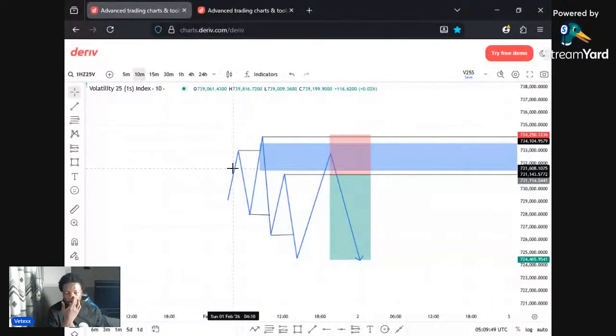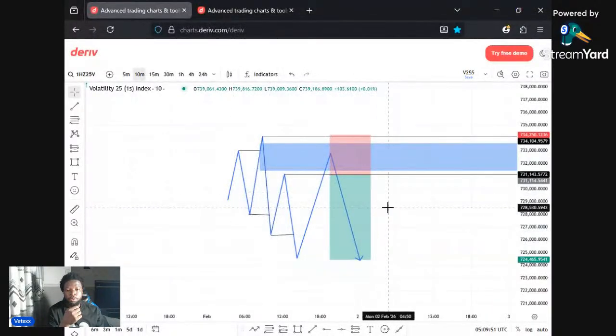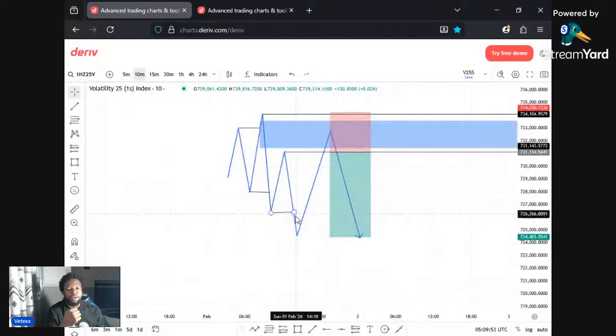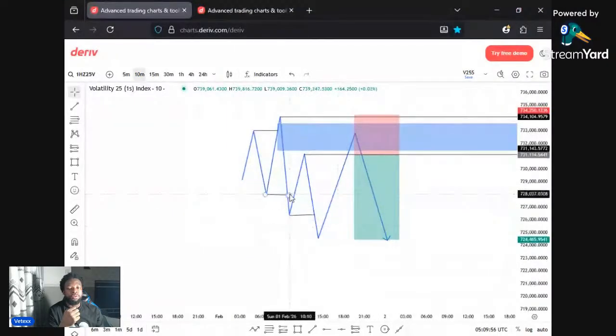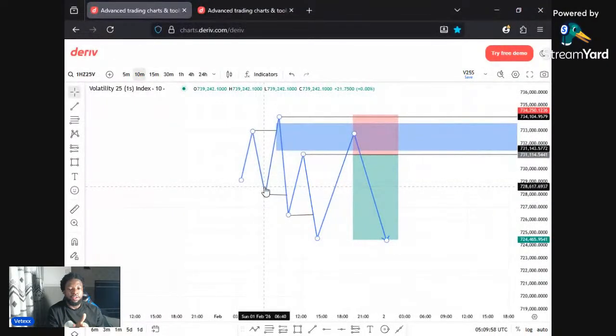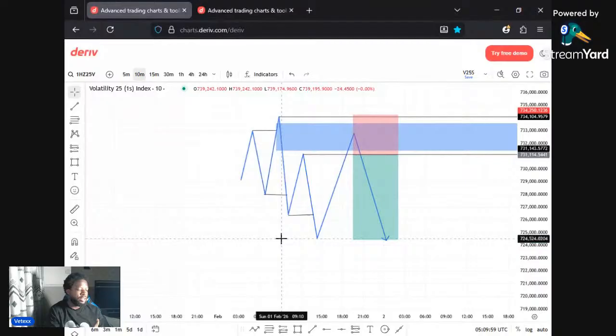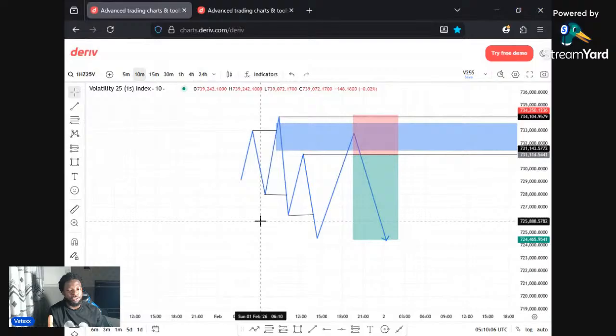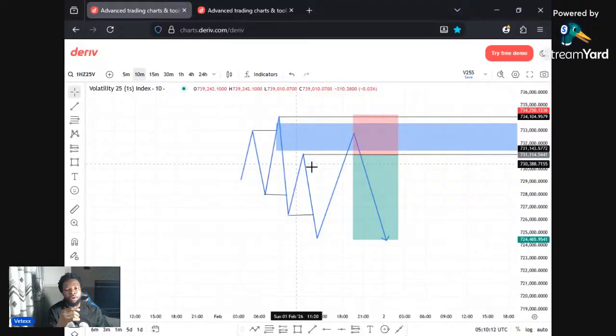Okay, so let's continue. So this is top-down analysis. Take for example, you want to do your top-down analysis on a particular pair. You start from the weekly time frame to the daily time frame. Those are the higher time frame structure. They give you direction. So once you have this structure on the daily or weekly time frame, the next thing for you to do is